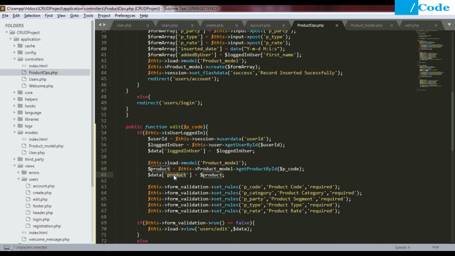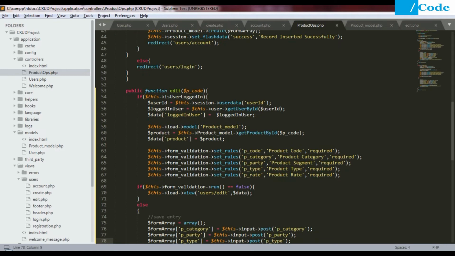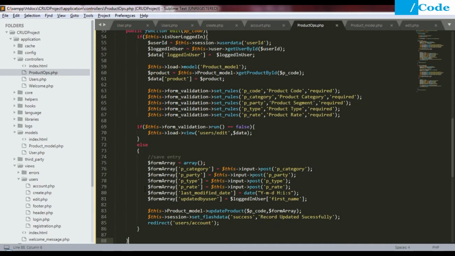Okay, so now these are the validations which are the required ones. If the validation is false, then it will call the edit function with the data which we have fetched. If the validation is true, then we are going to set all this form data here, and this one is the last modified date and updated by user.